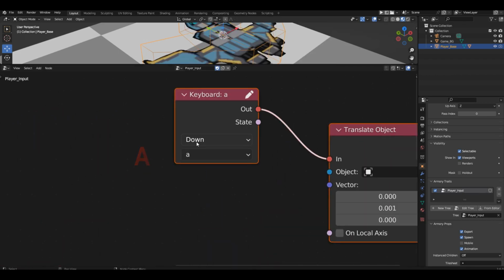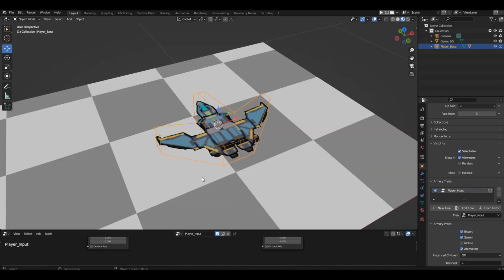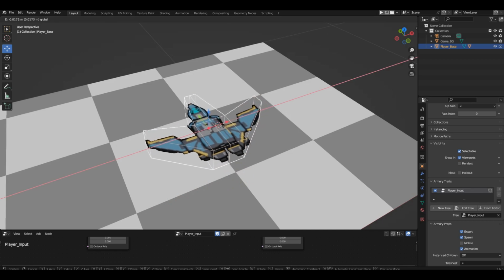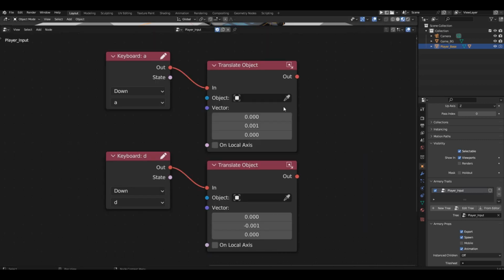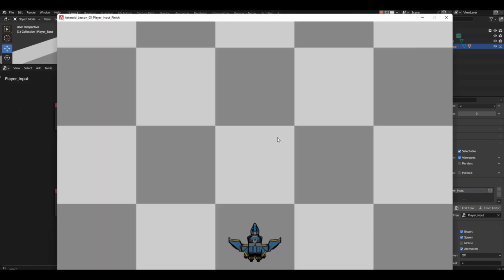The A key will be responsible for moving left. And if we take a close look at our scene, we'll see that to move left, we need to move the object along the x-axis in the negative direction. Accordingly, moving right means positive values. Enter -1000 for the A key and +1000 for the D key. Don't forget to zero out the y-axis. It's not involved in left-right movement. Now you can start the game and play for 20 or 30 minutes.